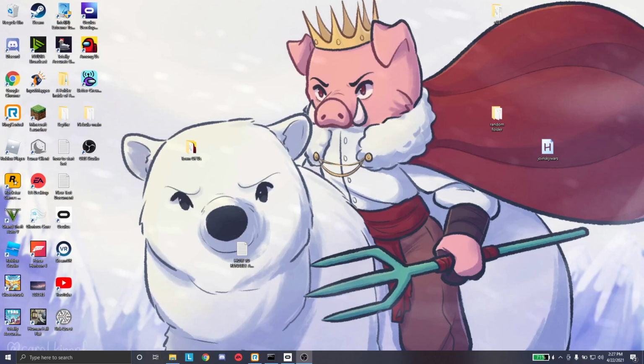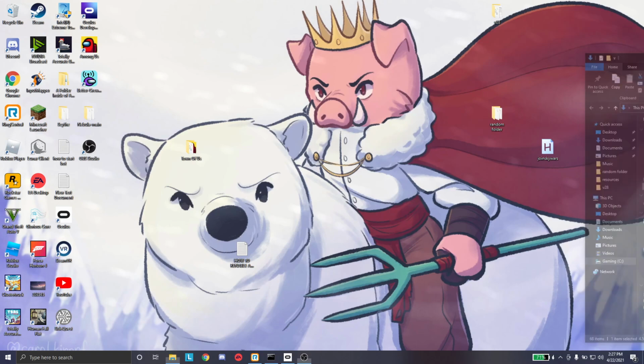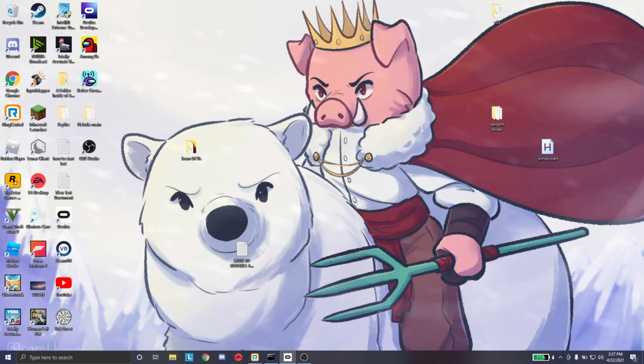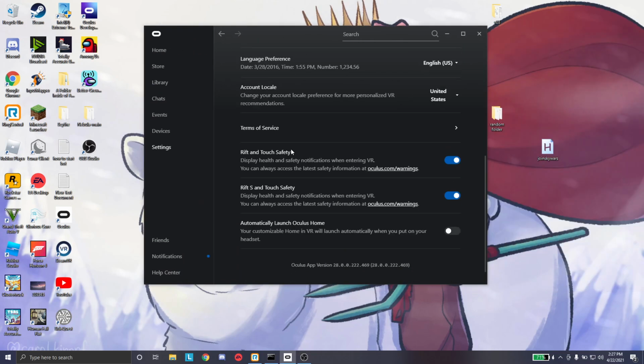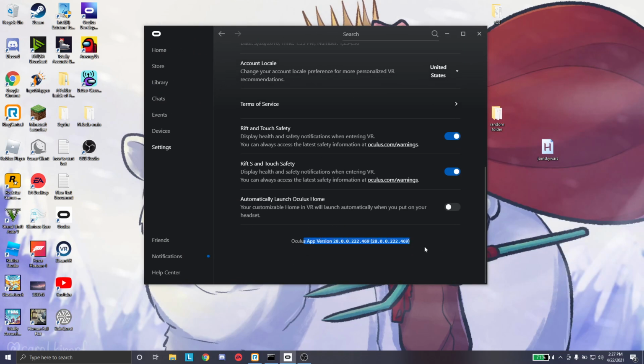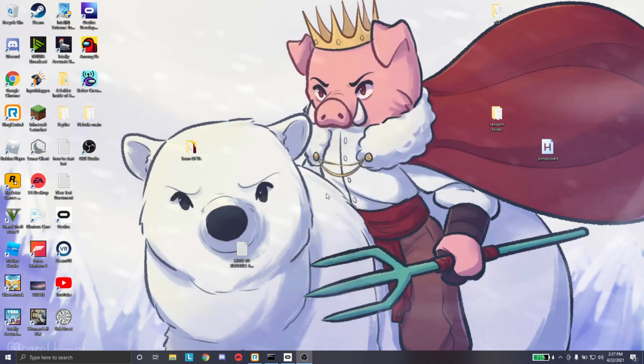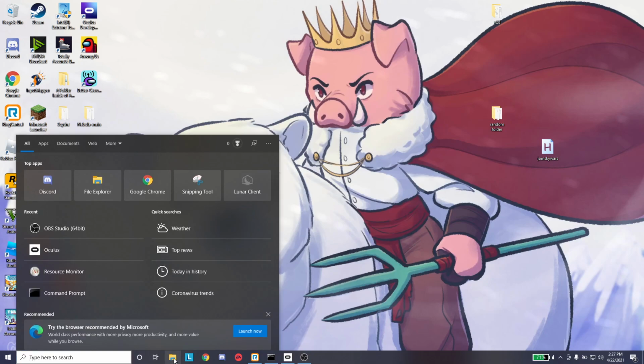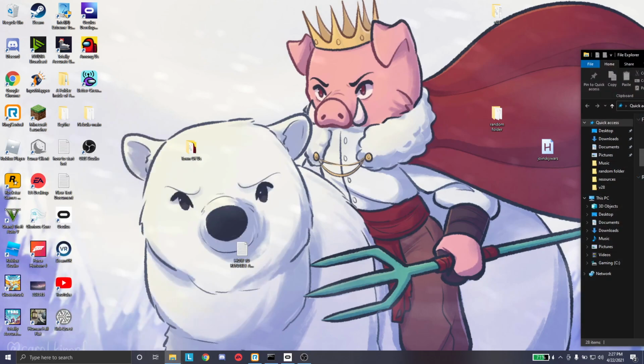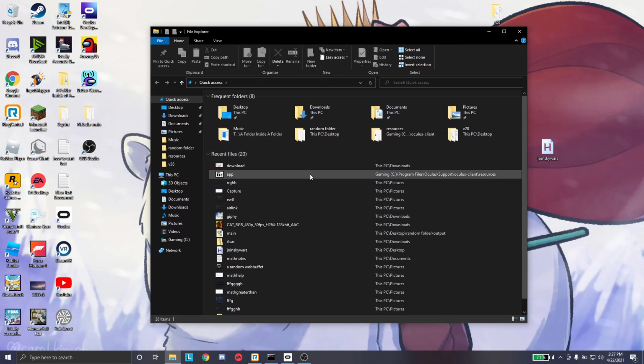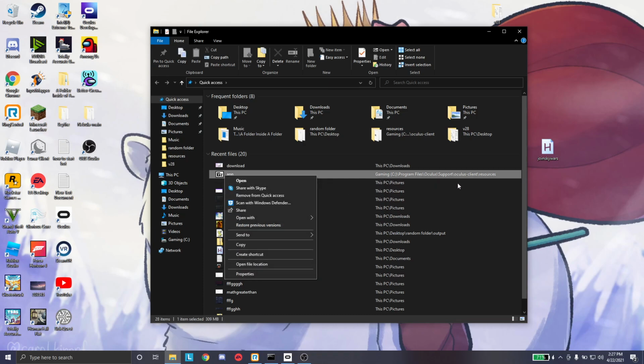Okay, so today I'm going to teach you how to get Oculus Airlink working. First of all, you're gonna need obviously the v28 Oculus app version. That should be pretty obvious by now. And then what you're gonna wanna do is go into the folders. And then you also should already have 7-zip downloaded and this